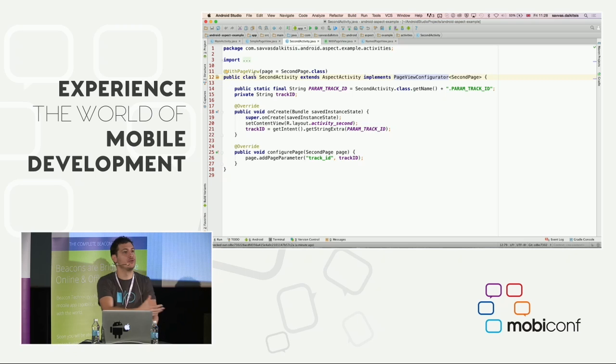I've now introduced an object model for it. It's an interface, it's called page. It provides two things for you. It expects a string and a map of string to string for dynamic configuration of parameters for that page view. And that configurator takes that as a generic type and provides a method to the activity, in this case, configure page with that object.